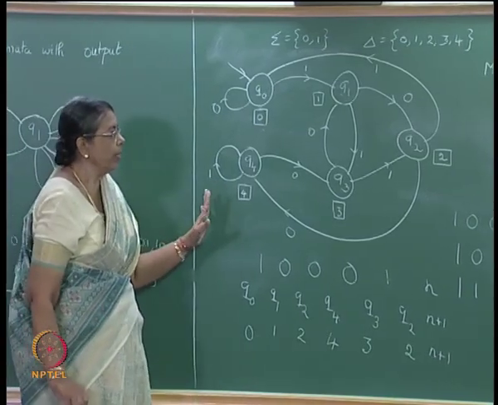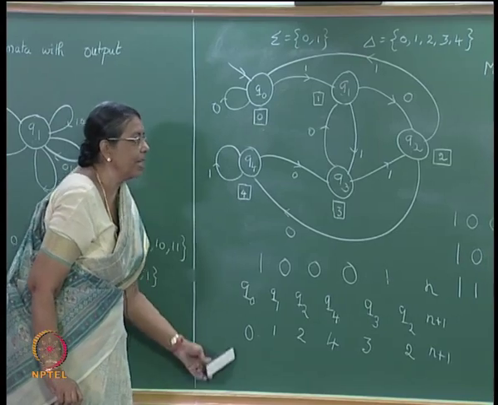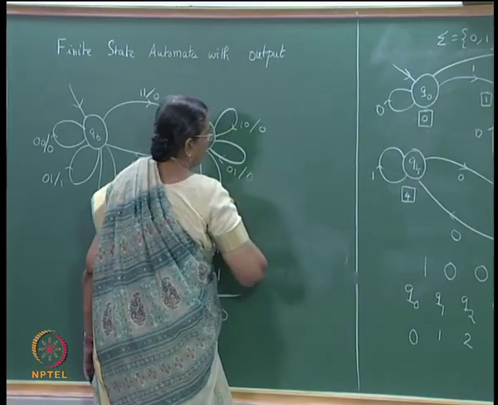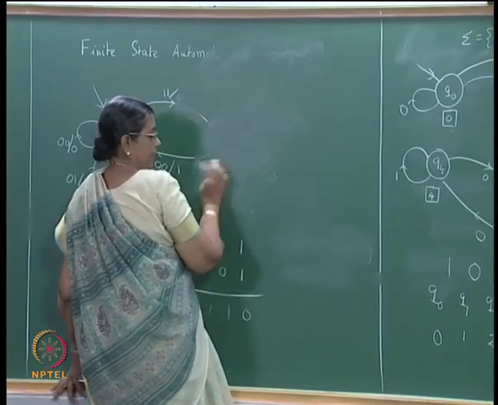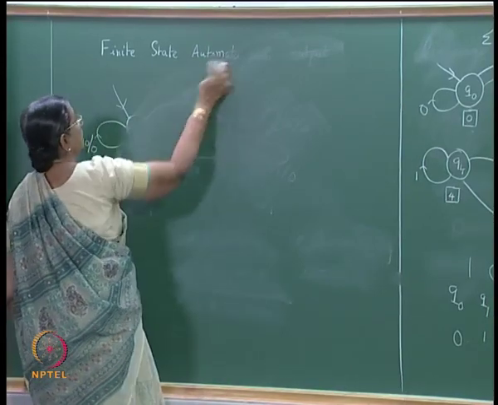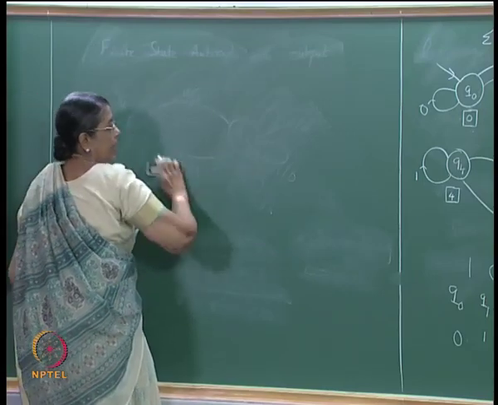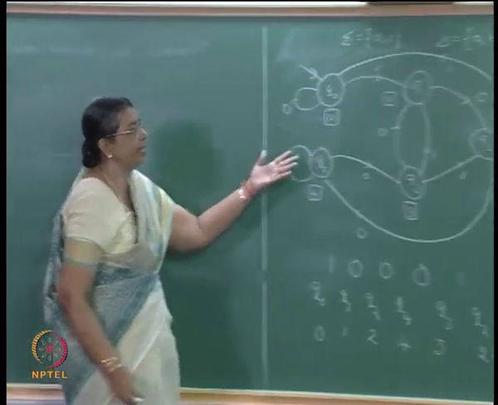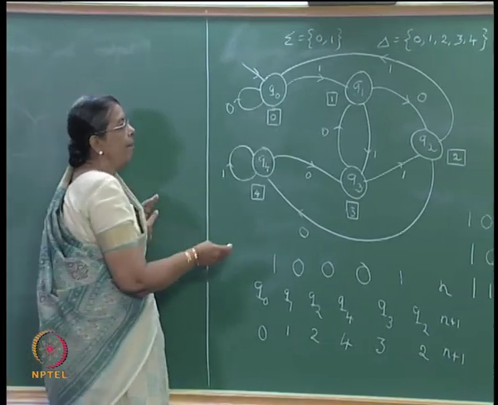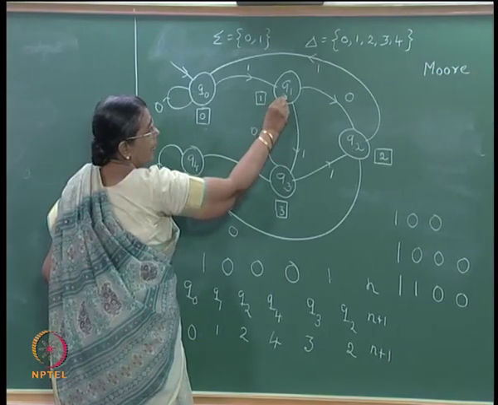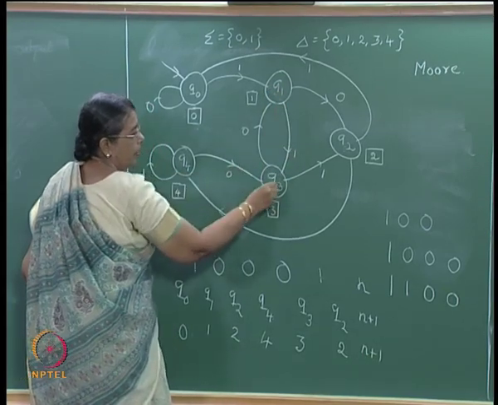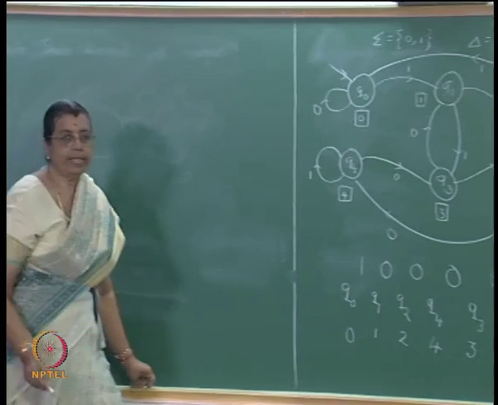So, this is the way you define a Moore machine. I will keep this diagram and let us consider an example of a Mealy machine. Of course, serial adder is a Mealy machine. And before going into that, let me justify this diagram. How are you justified in drawing a diagram? For example, from Q1 I am drawing an arc with label 0 to Q2 and from Q1 I am drawing an arc with label 1 to Q3. How am I justified in that?